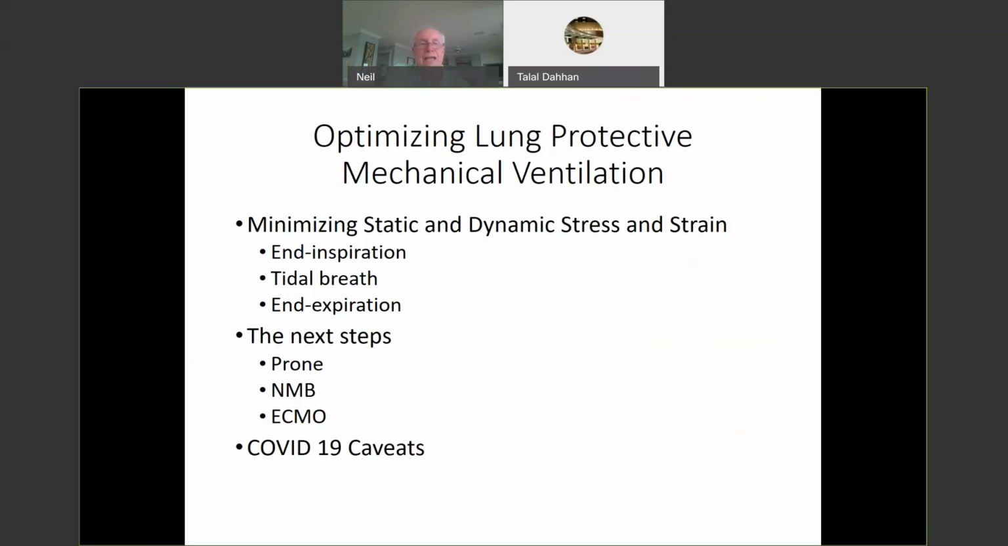As I say, as we learn more and more about the COVID ARDS pneumonia picture, the emergence of these two phenotypes may take on an increasing importance as we gain experience in managing this disease. So Talal, I'm going to stop there